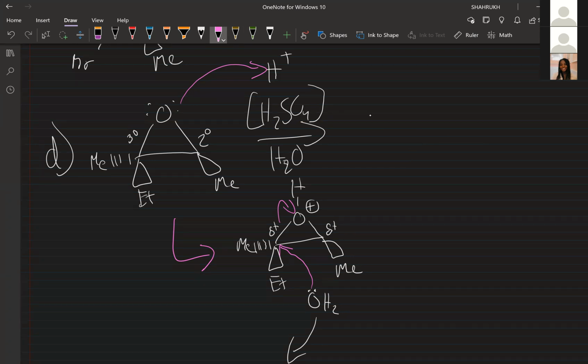I'm sorry, can you re-explain why it attacks the left side instead of the right? Yeah, so I guess secondary versus tertiary, they both have some sort of steric hindrance, but actually just forget the steric part. It all has to do with electronics. When you have 3 R groups on it, it will stabilize that partially positive center a lot better, which in turn makes it a better electrophile. And that was something called hyperconjugation. When you have more R groups around a carbocation, as I mentioned here,